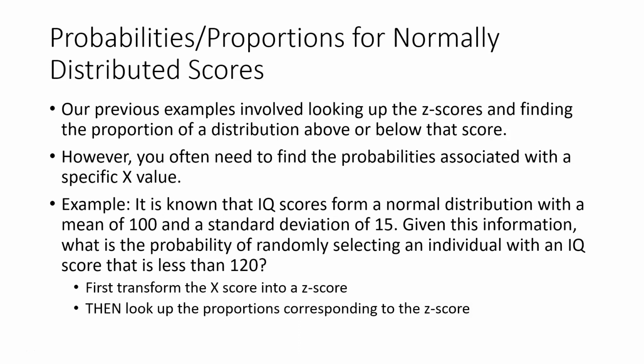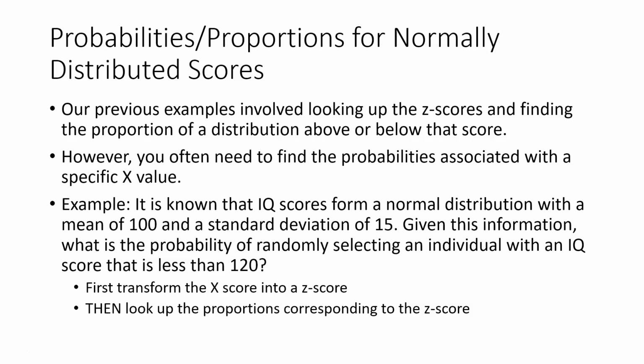Our previous examples involved looking up the z-scores and finding the proportion of a distribution that was either above or below that score. However, you often need to find the probabilities associated with a specific x value. For example, it's known that IQ scores form a normal distribution with a mean of 100 and a standard deviation